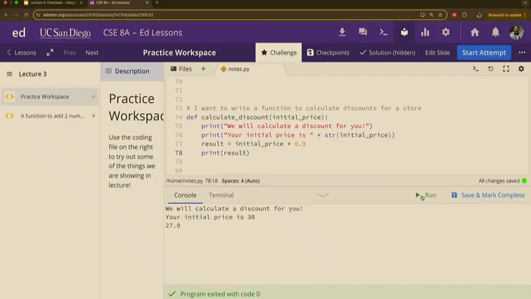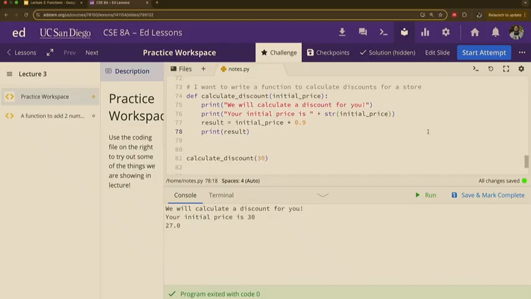We gave it the number 30, right? With our function, we said we're going to start off with 30 bucks. Python gets that 30, says you got it, let's go calculate the discount. It goes all the way up here, and it says we're about to calculate a discount, and my initial price is 30, because we gave it that number. So then it goes inside this indent. Remember, anything that's inside this indent is all going to run together.